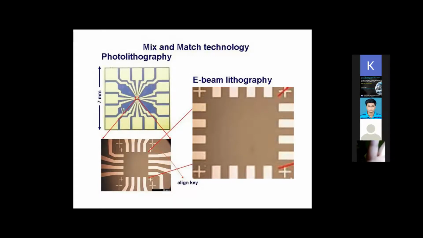So your pad has to be a larger one that we have made by photolithography. So you can see this pad on the first image on the left hand corner of 7 millimeter by 7 millimeter is the silicon size we take. Then we make a photolithography pattern. Now if I zoom it, this is the middle portion. We keep a region which is vacant. And you can see some of the cross which are mostly used for the alignment mark.